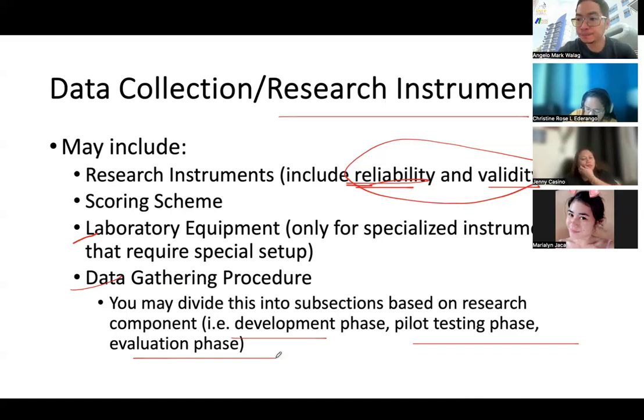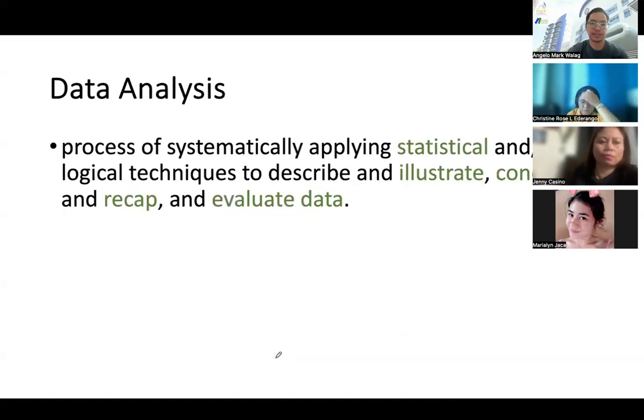Because often, our problem statements are organized or structured in chronological order. Often, no? So, dapat atong data collection naka-follow pud adto. Next, data analysis. Data analysis is how you plan to analyze your data. So, if you're doing mixed methods, so quali and quanti will have different kinds of data analysis techniques.